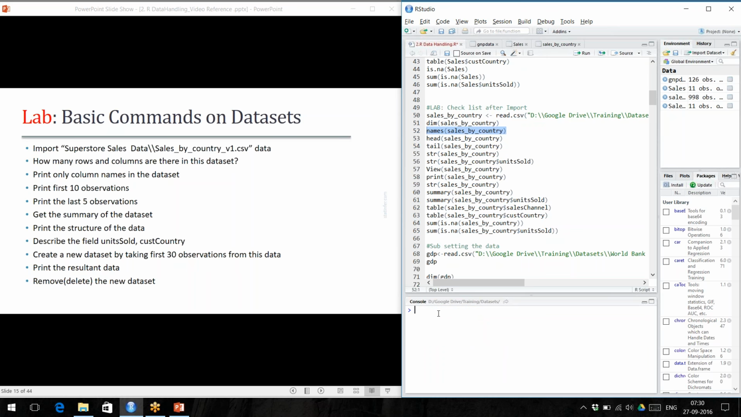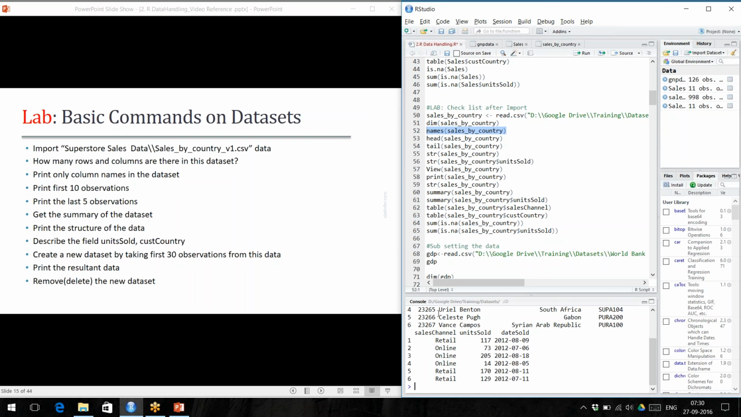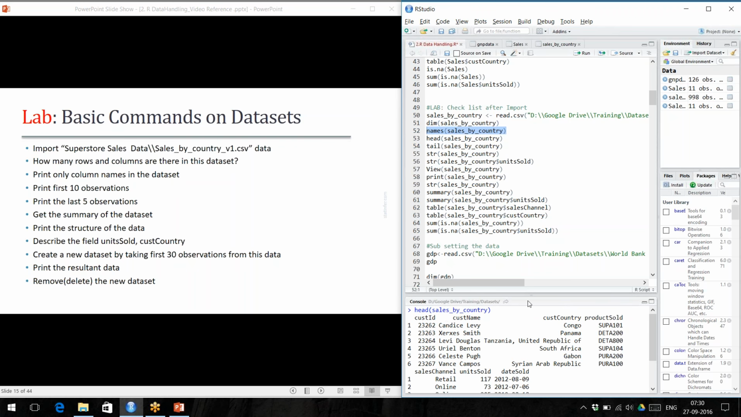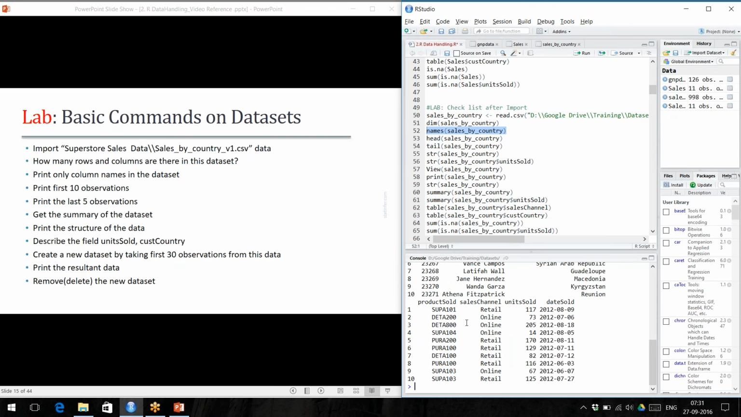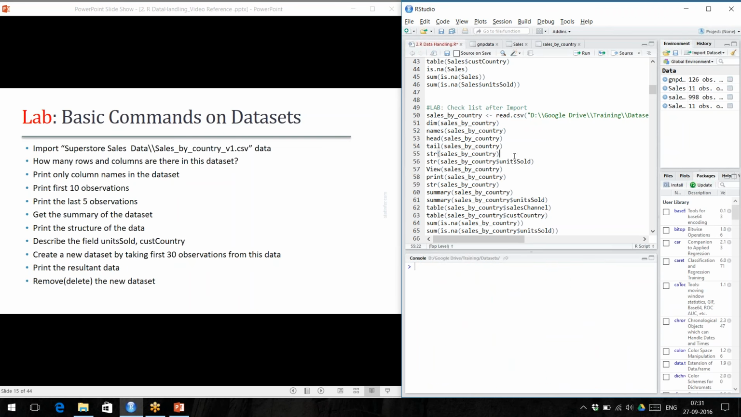Print first 10 observations, or print first few observations. That's what we mean. Sales by country. If you want to print first 10 observations, I think you have to give comma n equal to 10. That's how you can print first 10 observations. Print last 5 observations. The same way, tail of